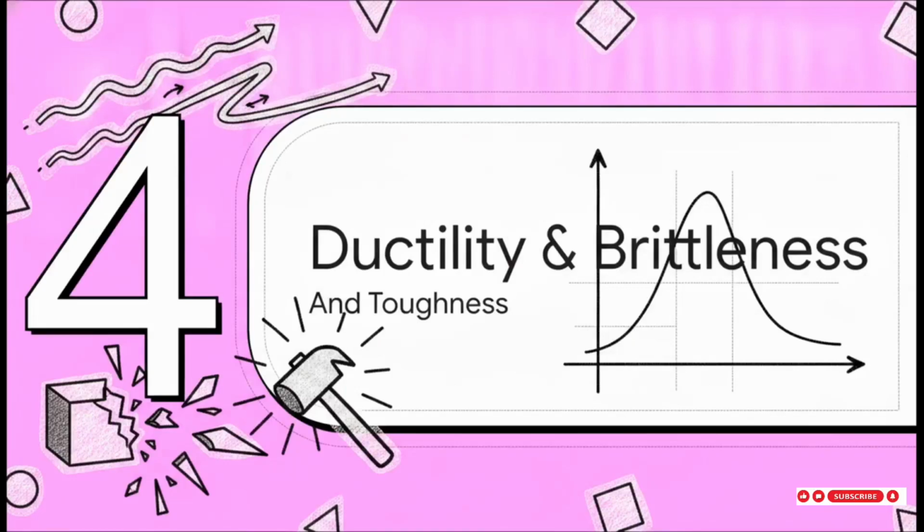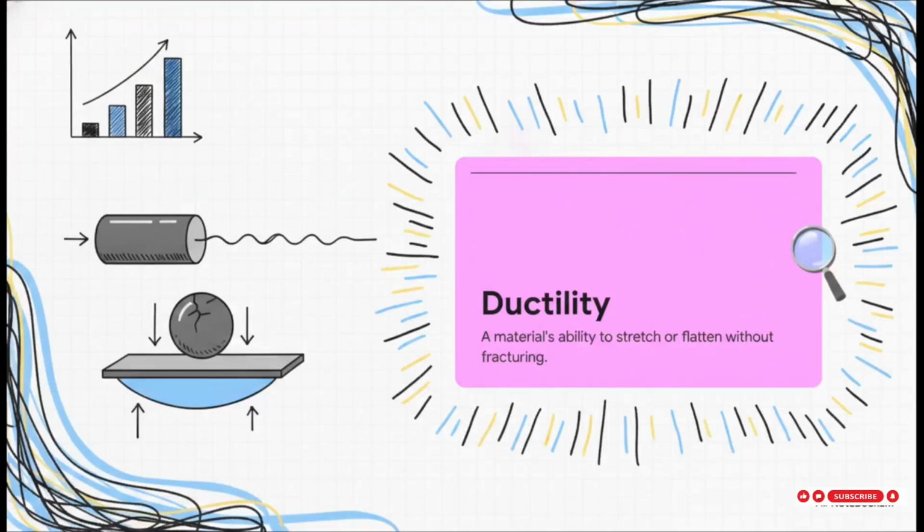Let's dive into Section 4, Ductility, Brittleness, and Toughness. First up in this trio is ductility, which is often measured as elongation. This is simply a material's ability to stretch, bend, or flatten out without fracturing. If you put a highly ductile material under massive compressive strength, it won't necessarily shatter into 1,000,000 pieces, it'll just flatten into a pancake. It's kind of nice because it gives you plenty of physical warning before things go completely